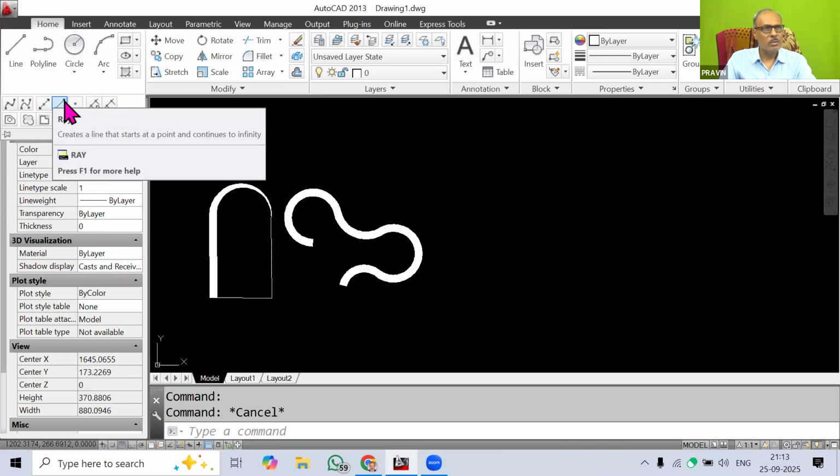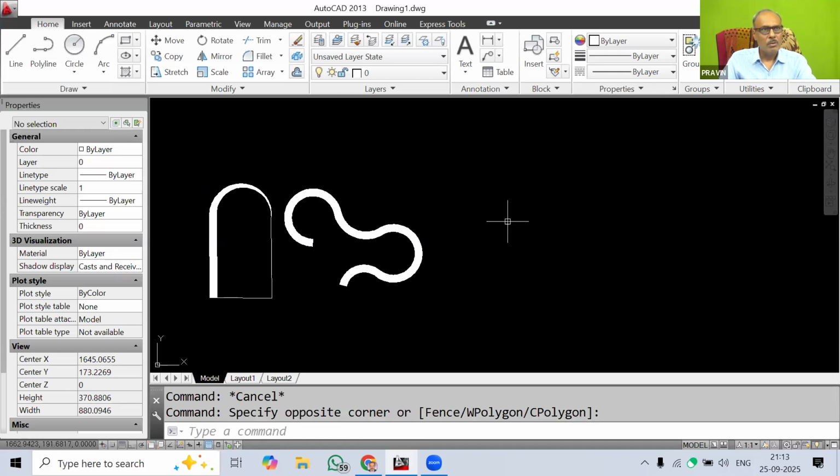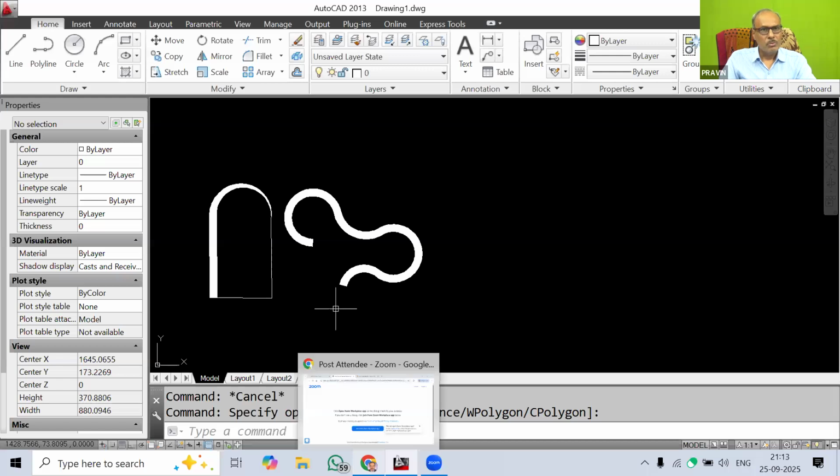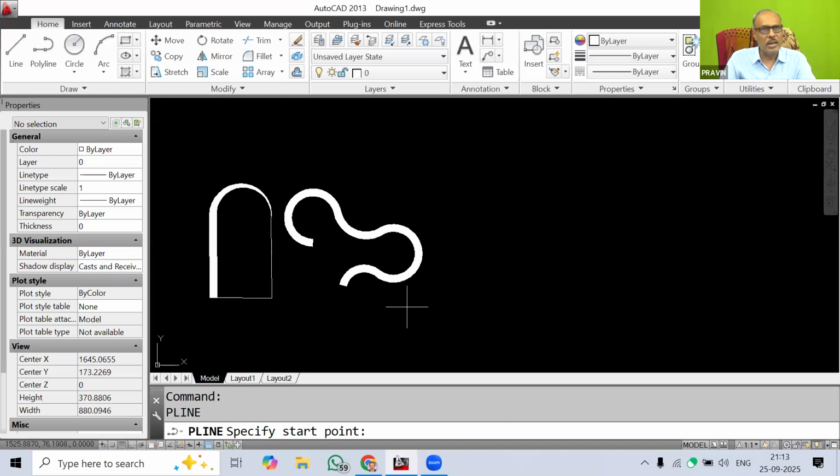I think it was now taken away from AutoCAD. So I will just type here. I hope that in the new version multi-line command was discarded.